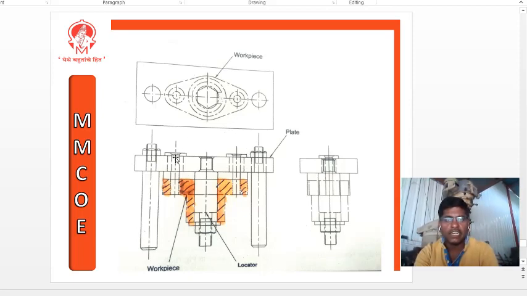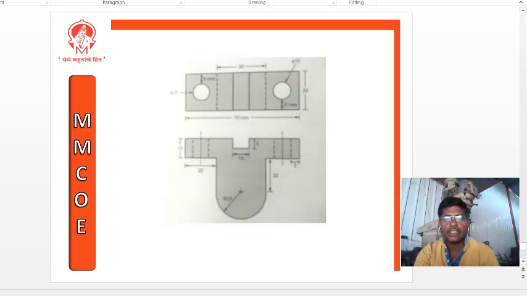Here I am having two bushes, and by using these bushes, another modification you can do is, if I place locations over here, suppose one location, two location, or three locations, like this, 1 2 3. By using these locations I can fix this job. This is another job. In the exam they may have different types of jobs for you. Okay, this is about drilling.